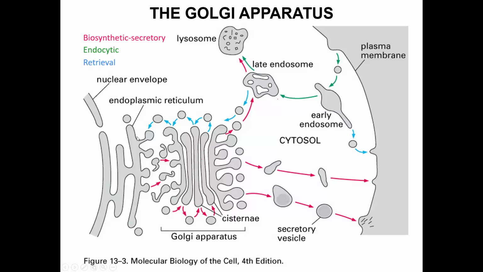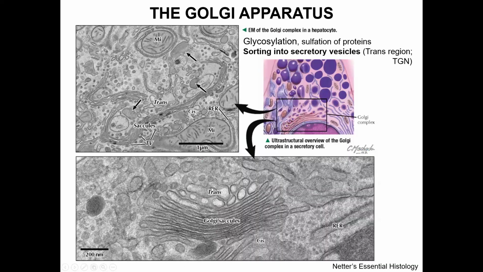Then the proteins are transported through transport vesicles from the endoplasmic reticulum, rough endoplasmic reticulum, to the Golgi apparatus. The Golgi apparatus is formed of stacked cisternae, stacked saccules, and this is how they appear in transmission